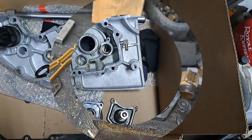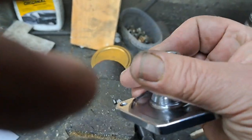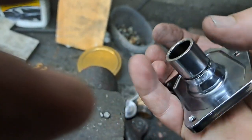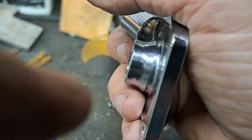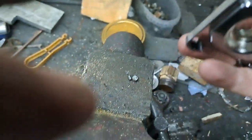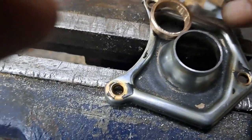Let's have a look at that. Okay, on closer inspection, before I got to work on this job, I noticed I can unscrew this one-handed. That little sleeve where the plunger fits in just simply screws into this cap right here. So I got to thinking, well, why can't I do that with this cap? So what I did